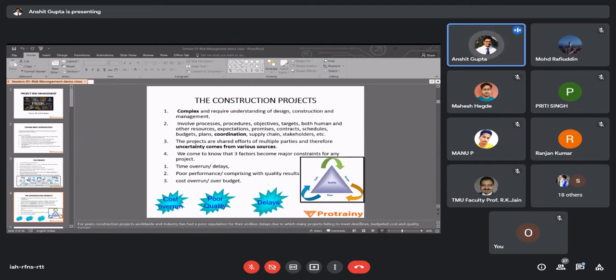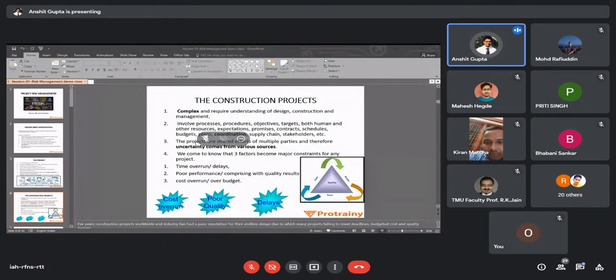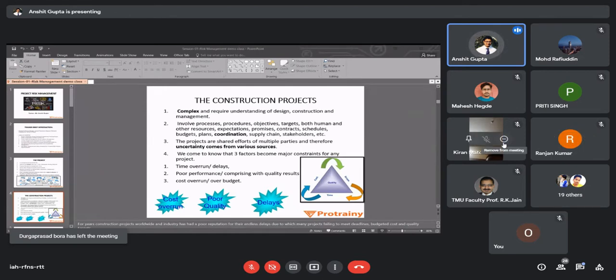Now, this graph is simply trying to tell you why you need to do risk management from the earliest stage. That is because if some particular risk you identify in this conceive phase itself, then any changes in the plan or whatever, the cost incurred due to that risk will be very less. But if you identify that risk in the construction phase, or when you had finalized the project and now you are trying to change it, then the cost impact on the project will be very high. This is the amount at stake, and this is the opportunity and risk. Opportunity keeps on reducing and amount at stake keeps on increasing.